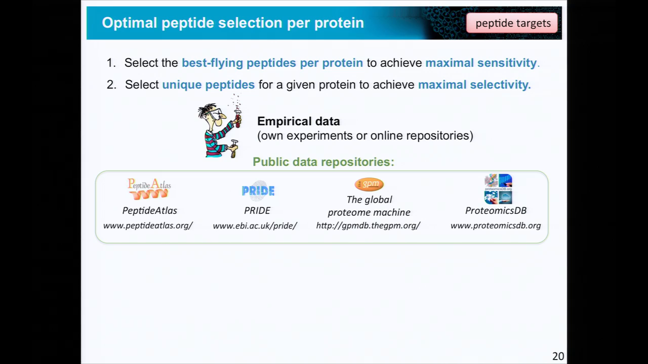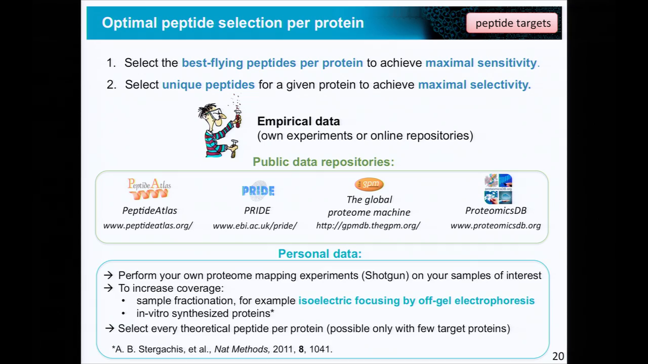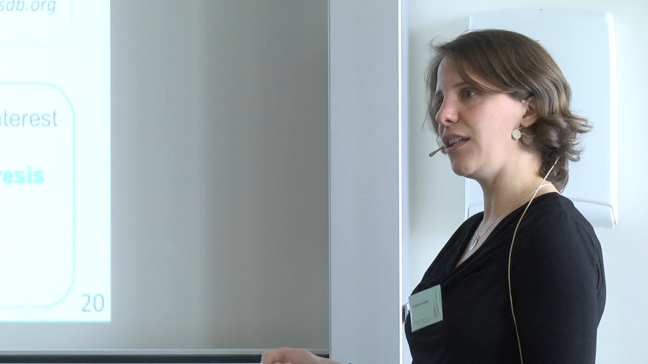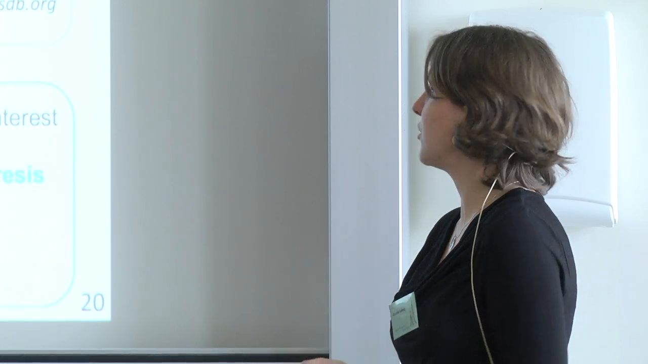If you don't trust the data of other people and you rather just trust yourself, you can do your own experimental survey analysis. So you can perform your own mapping experiments, usually by doing shotgun or discovery proteomics, on your own samples and find out, in my lab, on my samples, I find these peptides for these proteins. To increase the sequence coverage, or to see more proteins, because what can happen is that sometimes you don't see your target proteins in this initial shotgun analysis of your target samples,